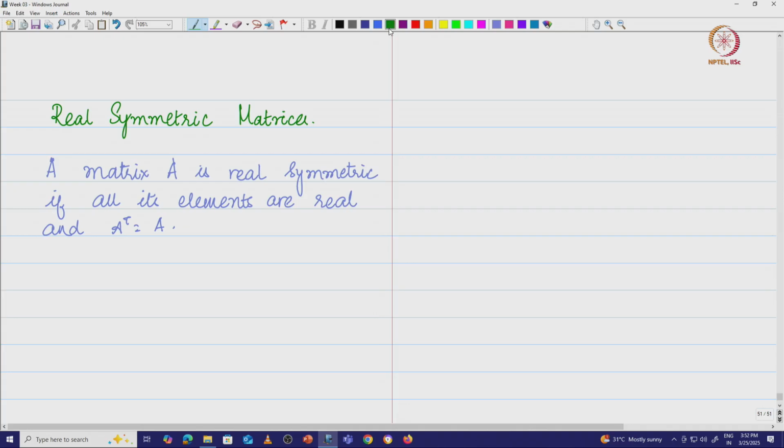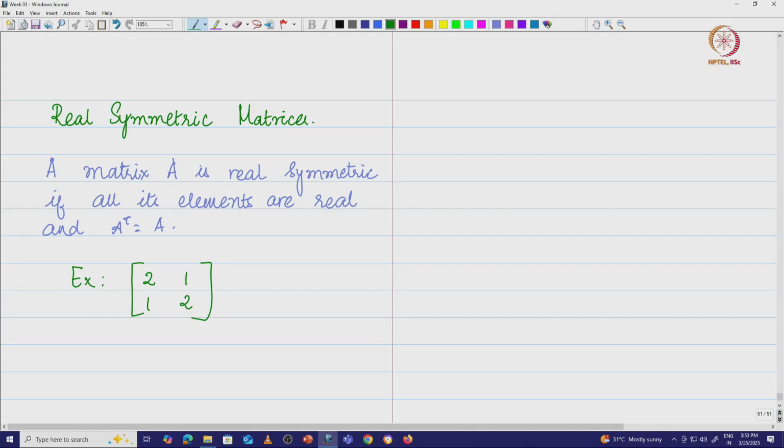What does it mean? It says that the matrix must be symmetric. For example, recall that we have been working on this matrix for quite some time, 2 1 1 2. This is a real symmetric matrix where all the elements are real and the transpose of this matrix is the matrix itself. And remember, we have always associated a matrix with a linear transformation. So, let us also look at it from the perspective of a linear transformation.